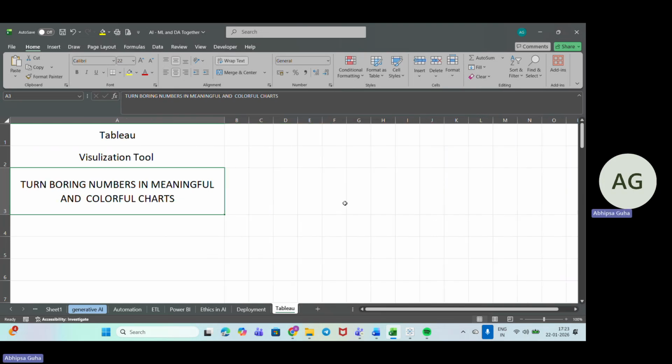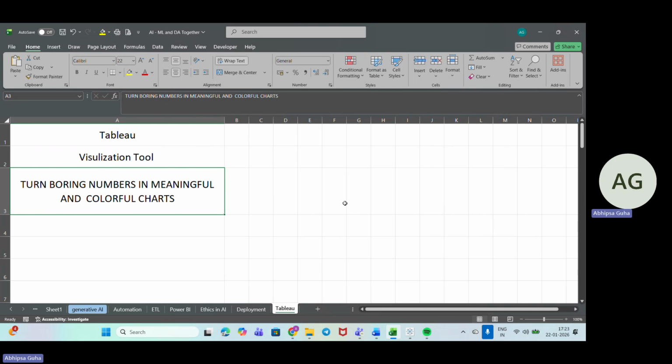Now let me give an example. Suppose you have a school that contains 100 students and you want to know who got the highest marks, which class has the most number of students, which month had more holidays, this kind of stuff you want to understand. For that, you want your data to be visualized. Because you have maintained your data accordingly, and maintaining data needs a bit of time and effort as well. And after you have maintained the data, you need to analyze it so that you can take some useful decisions from that data.